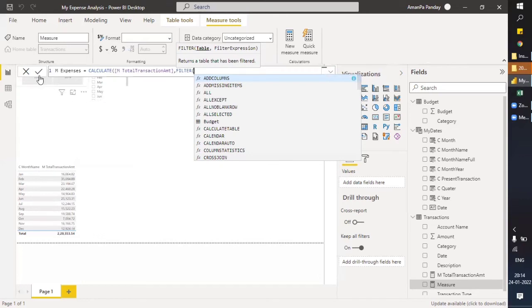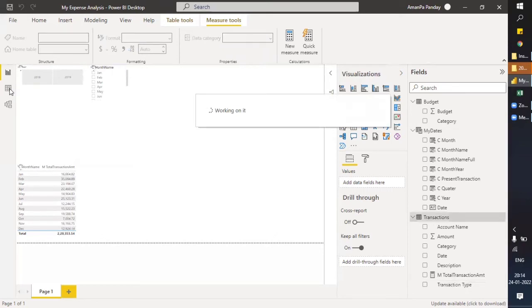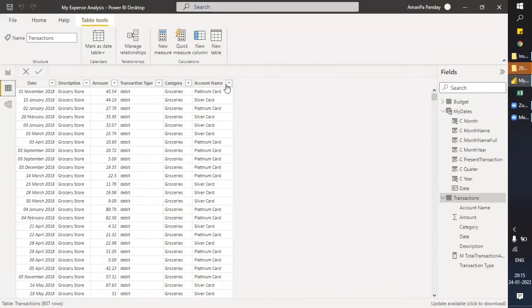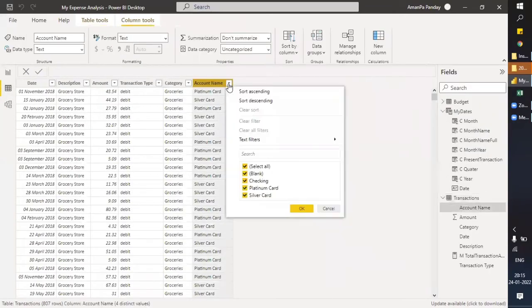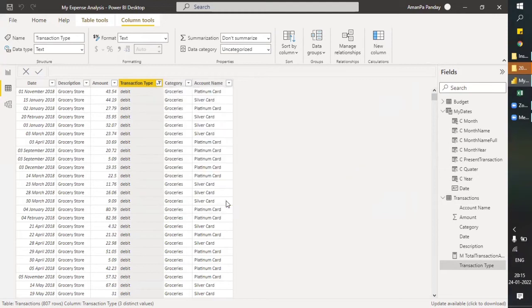Before moving ahead, let me show you what we have to find in expenses. If we go to the data table and see the transaction type, there is debit, credit, and there's a blank as well. What is this blank?